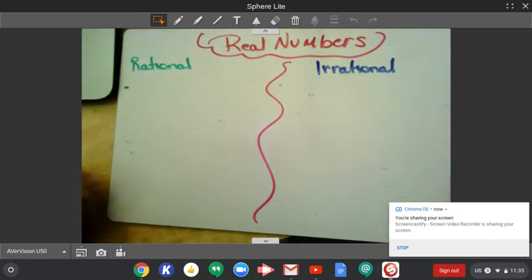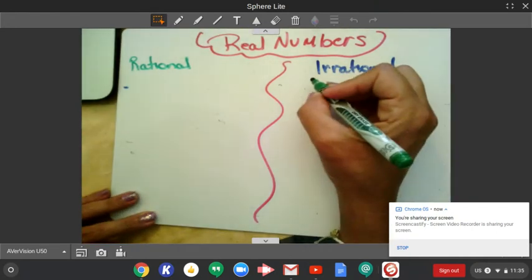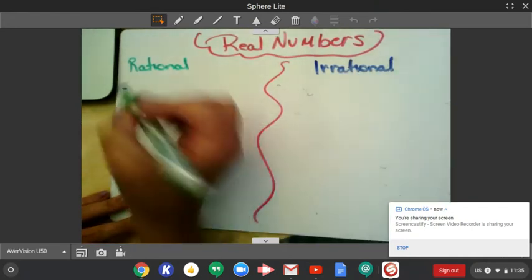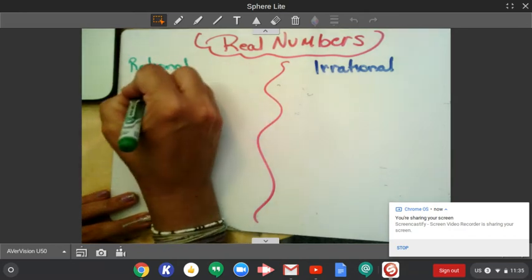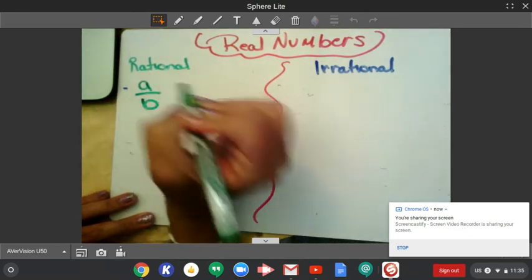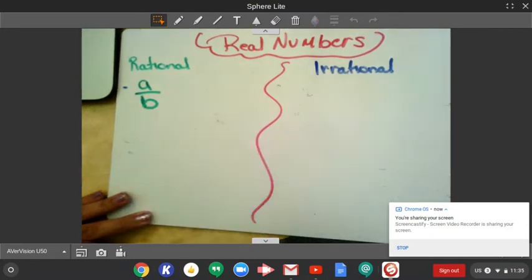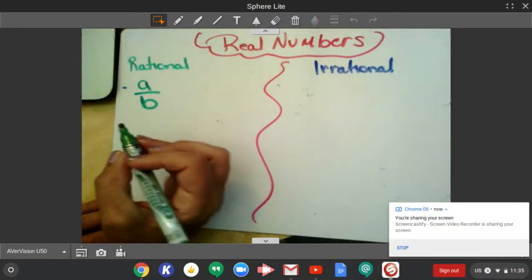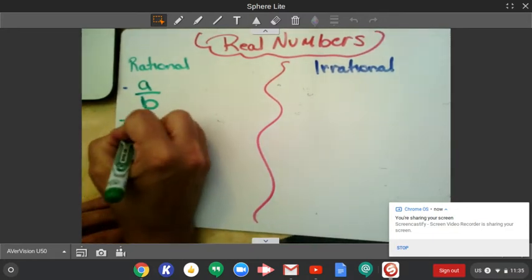Classifying real numbers as either rational or irrational. An irrational number cannot be written as the ratio of two integers. Basically, an irrational number cannot be written as a fraction, whereas a rational number can be written as the ratio A over B. Some examples of rational numbers are fractions,